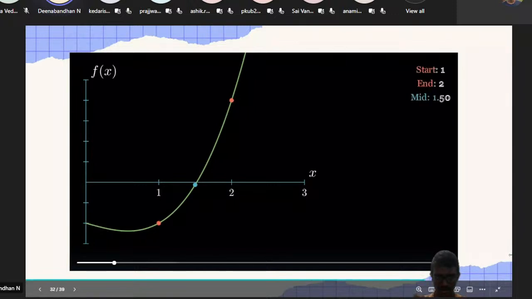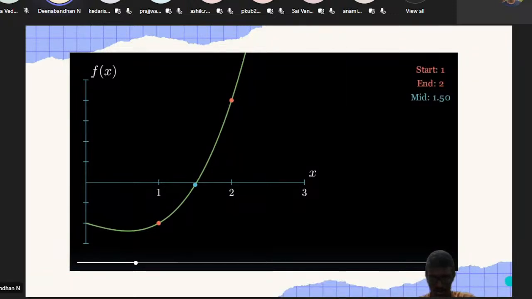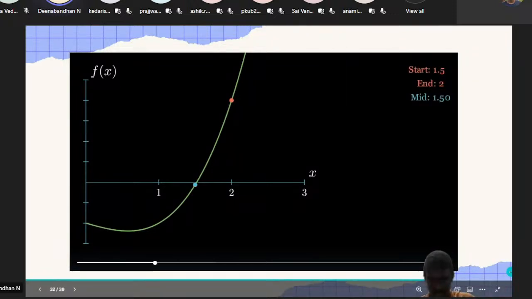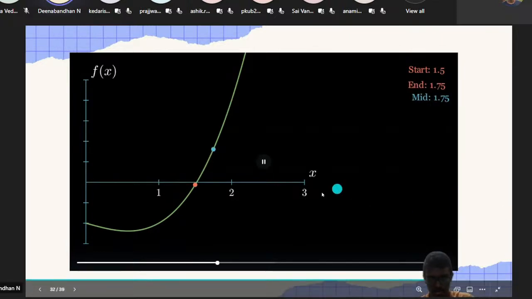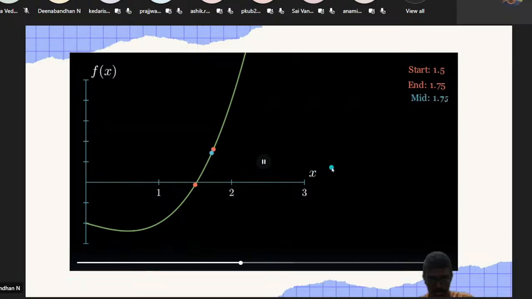Just watch it carefully, how it works. It's so simple, just equivalent to binary search. If you want to know more about this, you can look up binary search in algorithms. Oh, you're moving closer and closer to the x-axis, replacing whatever the previously existing positive values with the x mid,